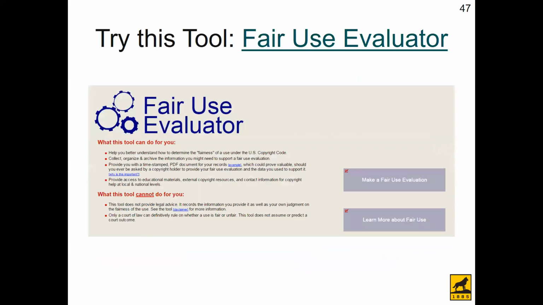What this tool will do is ask you those 4 questions, and it'll give you some examples and some ideas, and a little thought process for you to think about it, kind of on a slider of how fair or unfair you think the use is, or how fair or protected. And at the end of it, it'll give you a little summary: based on the way you answered these questions, we would say your use is probably a fair use. Now, again, this is not a legal tool. It's not providing legal advice, but it's one way for you to look at things.